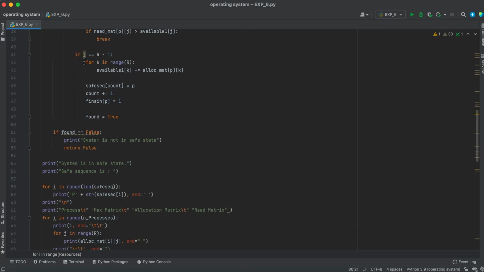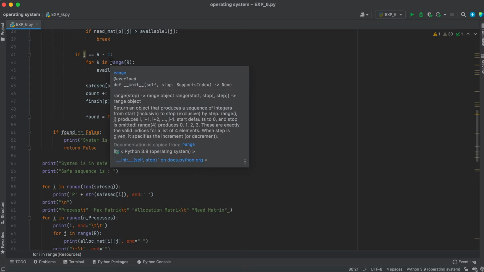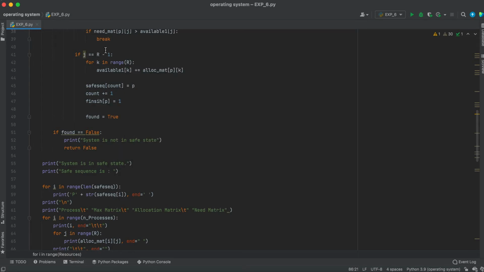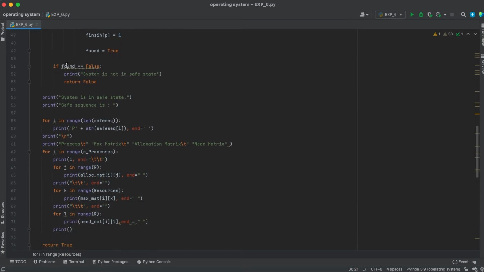If j is exactly equal to R minus 1, then for k in range of R, available1 of k is incremented by the allocated matrix of p and k. Safe queue of count is equal to p, count is incremented by 1, finish of p is equal to 1, and found is equal to true.